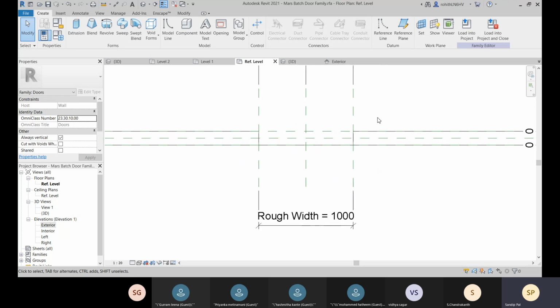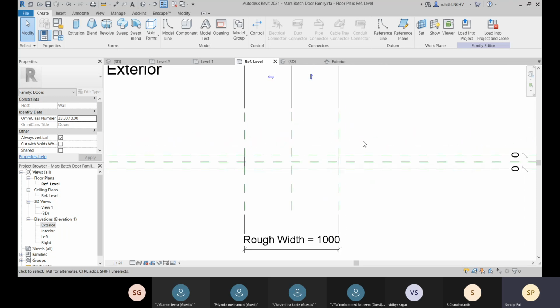That will not be included when you insert this family into your project. In general view, you cannot see this. So that's the advantage, that you can take it as a reference, and the reference will not be visible when you insert it.